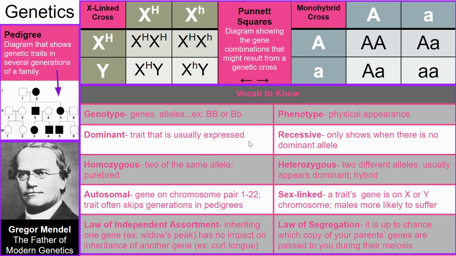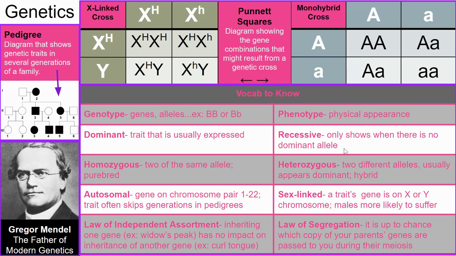The next comparison of vocab would be dominant and recessive. The dominant trait is the trait that is usually expressed. We use a capital letter if we're talking about genotype, like a big B, to show the dominant genotype. And then also we have recessive, which means that's the one that's only going to be shown when there's not a dominant allele. We use a lowercase letter like a little b to show recessive, and that phenotype of a recessive trait is only going to show up if it's a lowercase,